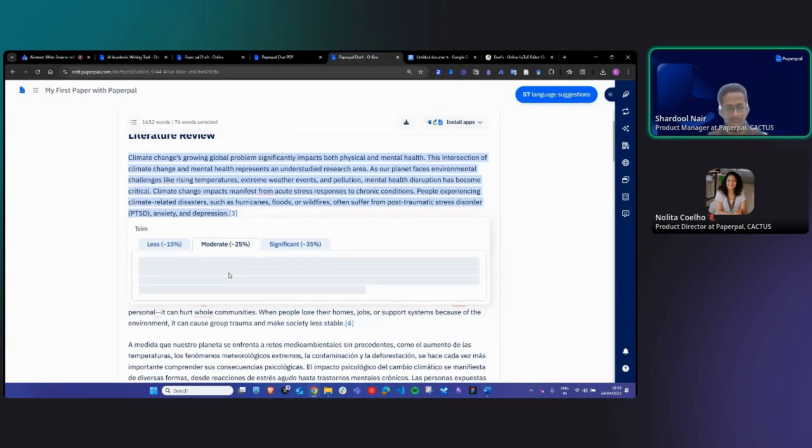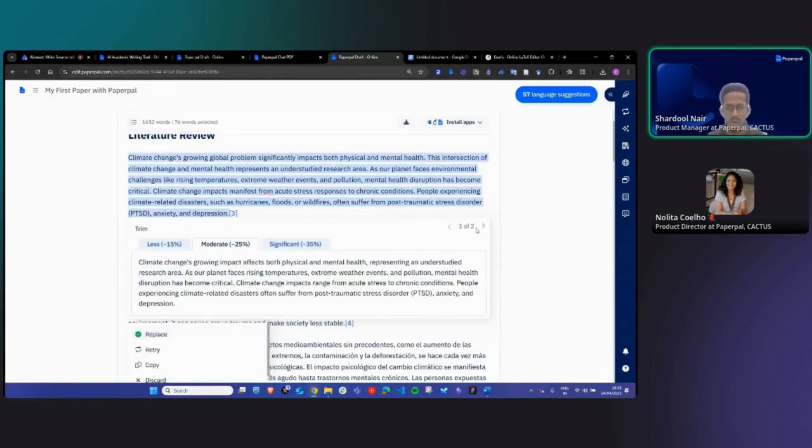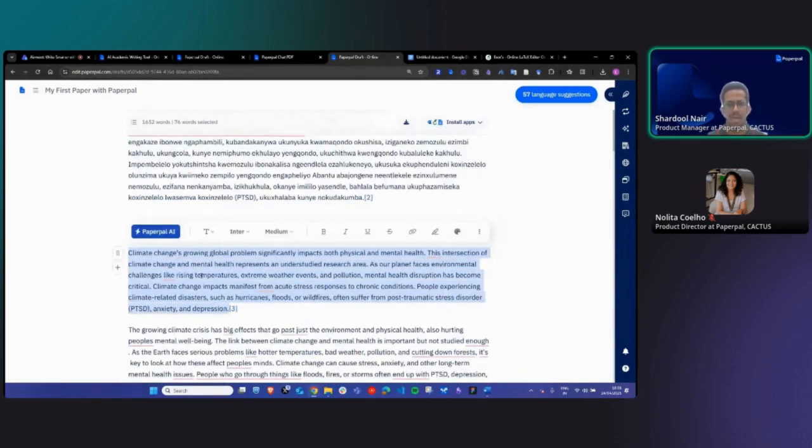When I retry, I will have two outputs under moderate, the previous one and the regenerated one. I can toggle between the two and see which one suits my requirement best. If I don't like it, I can go ahead with significant and then choose the best one for my requirement. Now, this can be done for the entire rewrite feature, so that you can pick and choose the mode, try out different modes, explore, and then come to the conclusion of what you want best. So that's how effectively you can use the inline AI commands in Paperpal while you're writing,